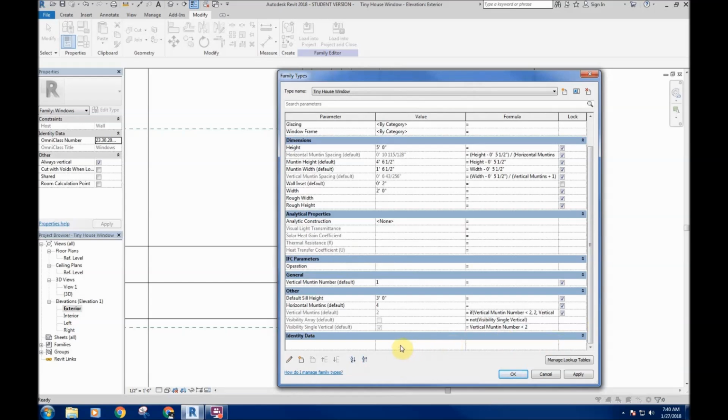So if you'll see here, I have my vertical muntin number right here, and then my actual array is right down here. It is grayed out right now because it's being overridden by a formula here. So what I did was I put a formula in for my vertical muntin